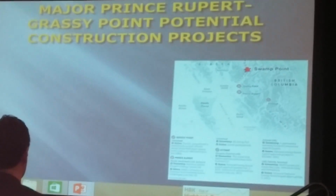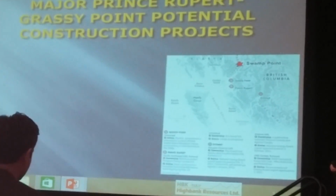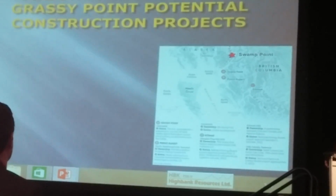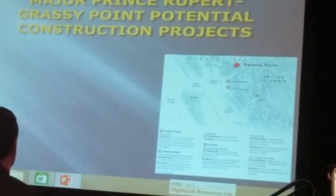This illustration of Grassy Point, you'll see here location A, and the location of our Swan Point project. And essentially we're coming down that, the dotted line is the border between BC and Alaska, down Portland Canal. And we've got the market right in our backyard